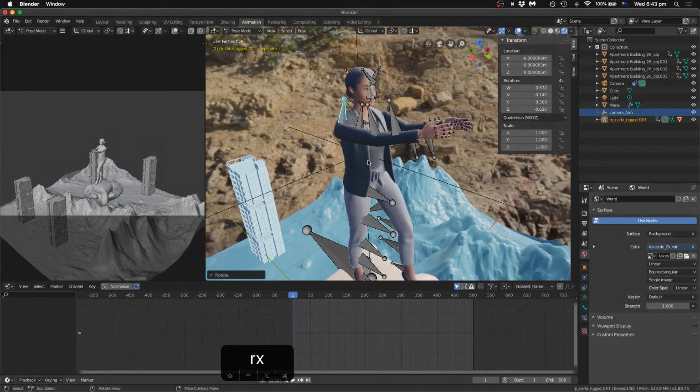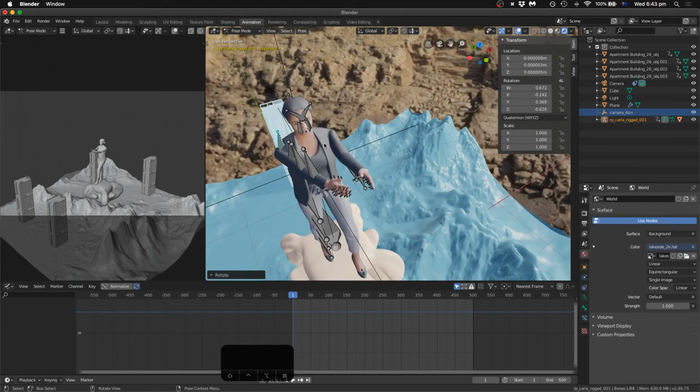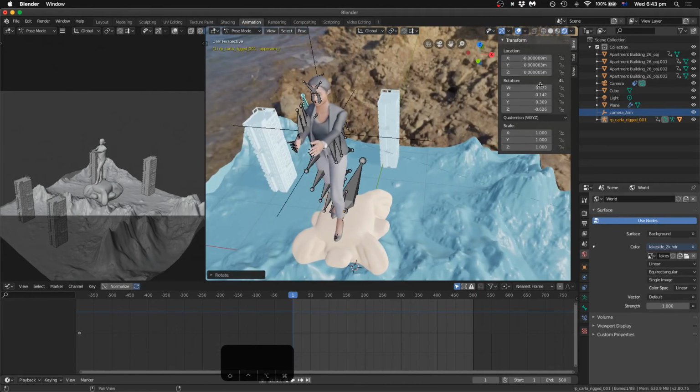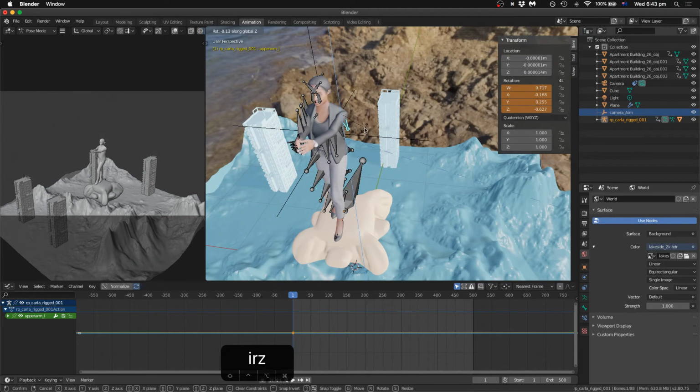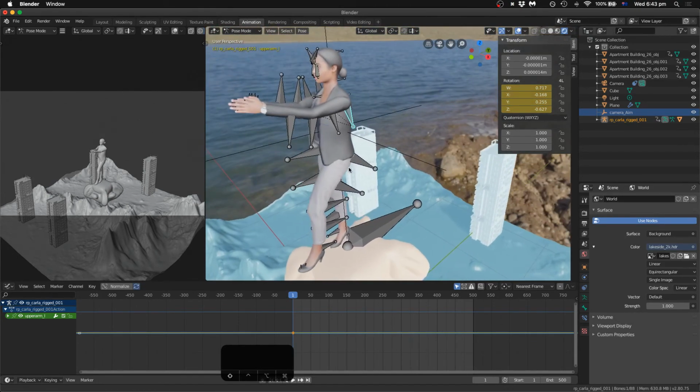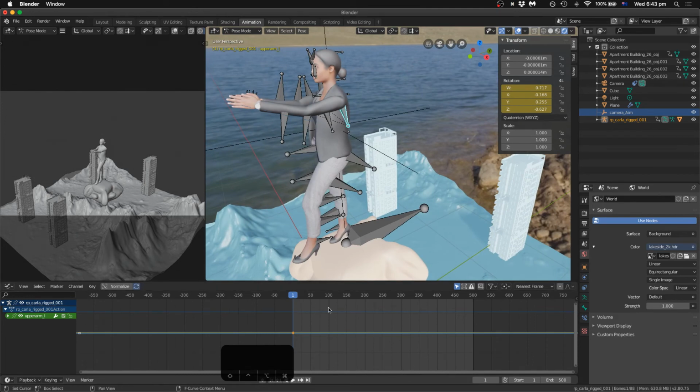But look, I'm doing a very basic job here. So I'll insert a keyframe on that rotation, and I think this one I also want to rotate a bit on the z-axis, coming in a bit more. That's better. Okay, so now I've keyframed this position for keyframe 1. Let's go to